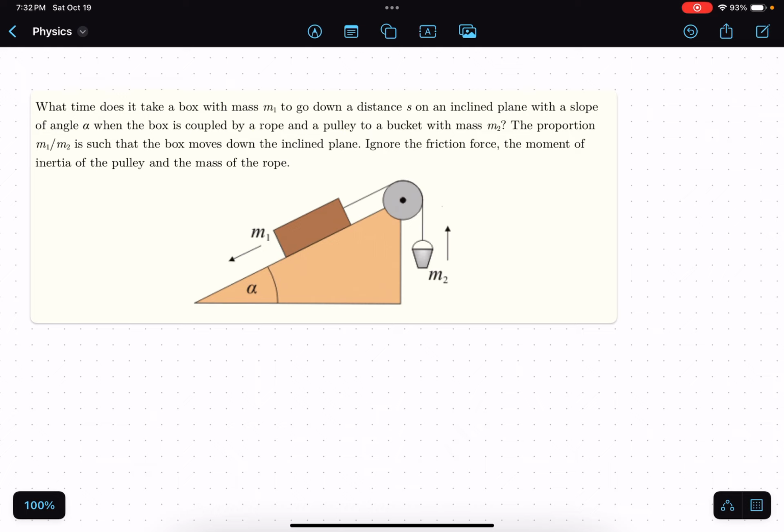What time does it take a box with a mass M1 to go down a distance S on an inclined plane with a slope of angle alpha when the box is coupled by a rope and a pulley to a bucket with mass M2. The proportion M1, M2 is such that the box moves down the inclined plane. Ignore the friction force, the moment of inertia of the pulley, and the mass of the rope. Now, kung basahin natin yung problem,